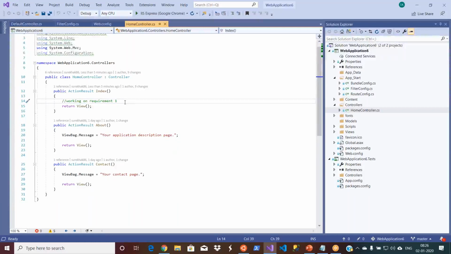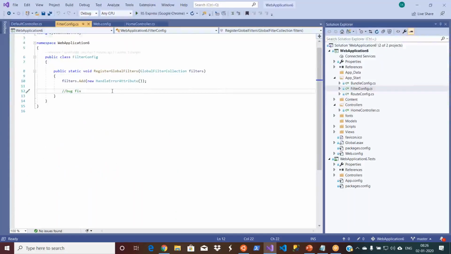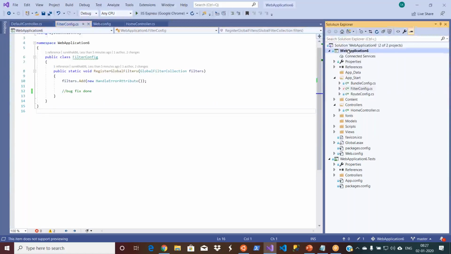So now you can say that you haven't started anything and you are going to do a bug fix. So it is very clear to you what you are committing now. Now let's go and do the bug fixing. For the bug fixing, I open one more file. Okay, bug fixing done. That means I wrote some code actually. Okay, now let's go and save it. Let's go and check in this one.